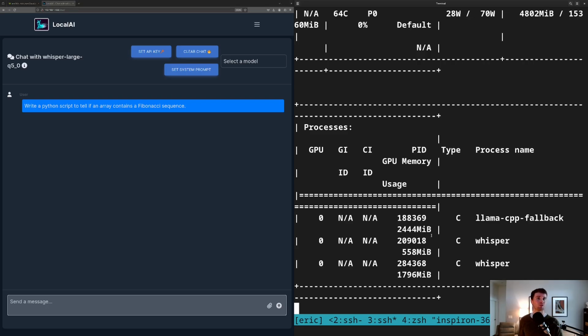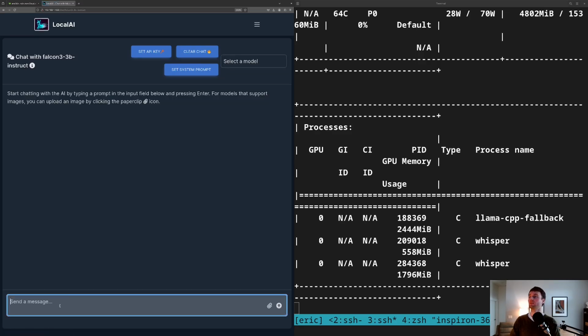I'm a little bit nervous because it's doing something weird now. Previously, it was just spitting out... I set the model to Whisper up here. That's silly. Why would I send that to Whisper? Let's try that again. Write a